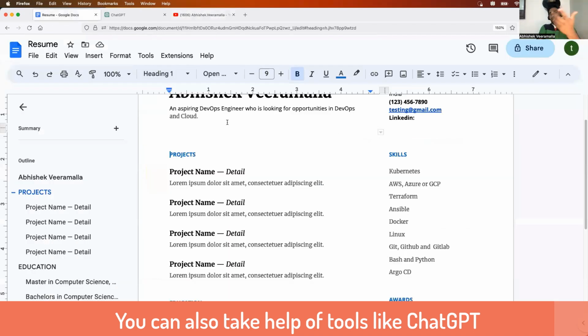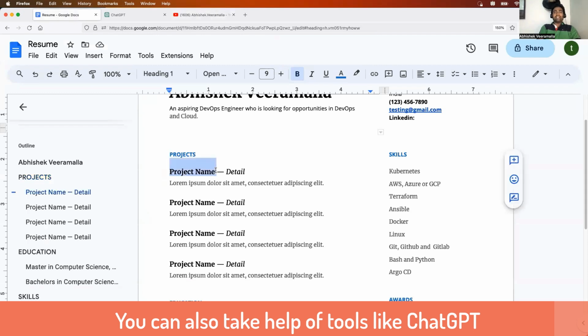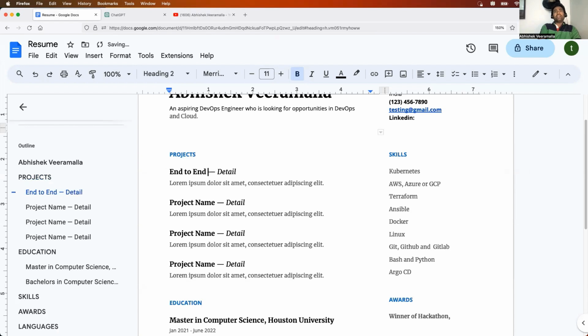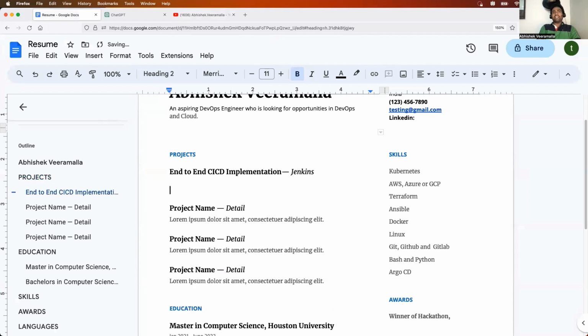Because I know what videos I've done, I can simply come here and say end-to-end CI/CD implementation. And when did you learn this? Or you can just say on tools like Jenkins. So end-to-end CI/CD implementation using Jenkins. And add the details here. You should definitely add details, like how did you implement this end-to-end CI/CD pipeline? So you can just say